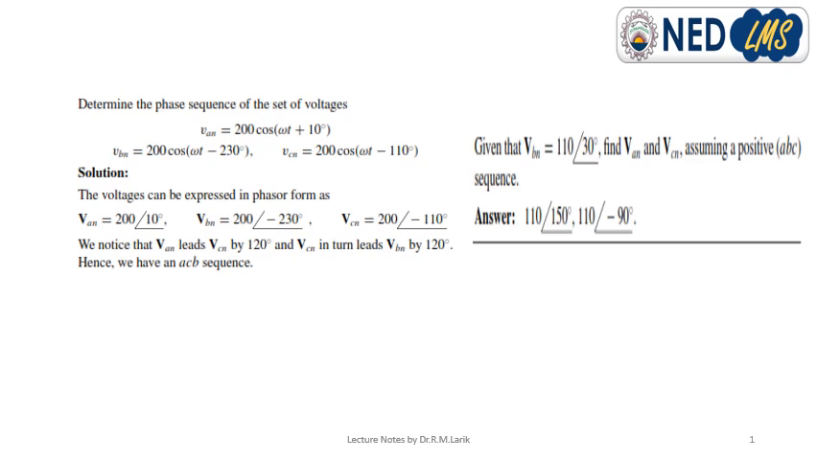You will get the first voltage, that is 200 at 10 degrees, and it is given in the question. The voltage can be expressed in phasor form, and the phase sequence is ABC. The first phase is 120 degrees apart from the second phase, and the third phase is 240 degrees apart from the first phase. So if you add 120 degrees to the second phase, that is minus 230, you will get